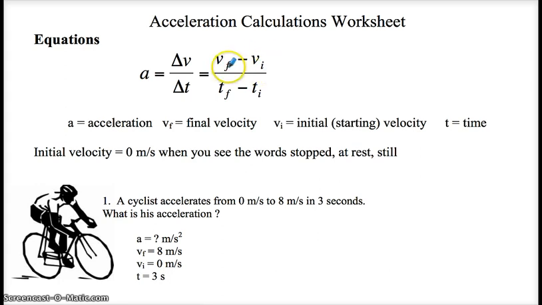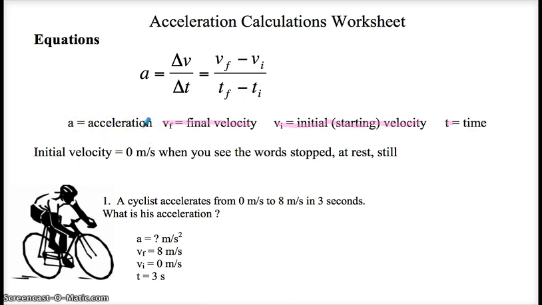And we use these little subscripts, these little letters by our V to indicate what type of velocity it is. So down here you'll notice that VF is equal to your final velocity, VI is equal to your initial or starting velocity. T is going to be equal to your time, both final and initial, and A is equal to